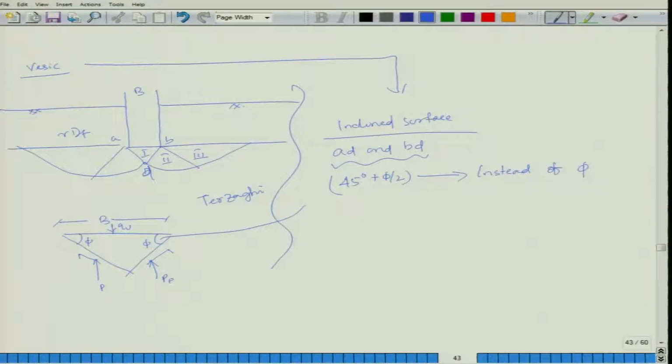Now based on that he modified, NC comes out to be (NQ minus 1) into cot phi, then NQ is equal to e to the power pi tan phi into tan square (45 degree plus phi by 2), and N gamma is equal to 2 into (NQ plus 1) into tan phi. So, if you look at here,